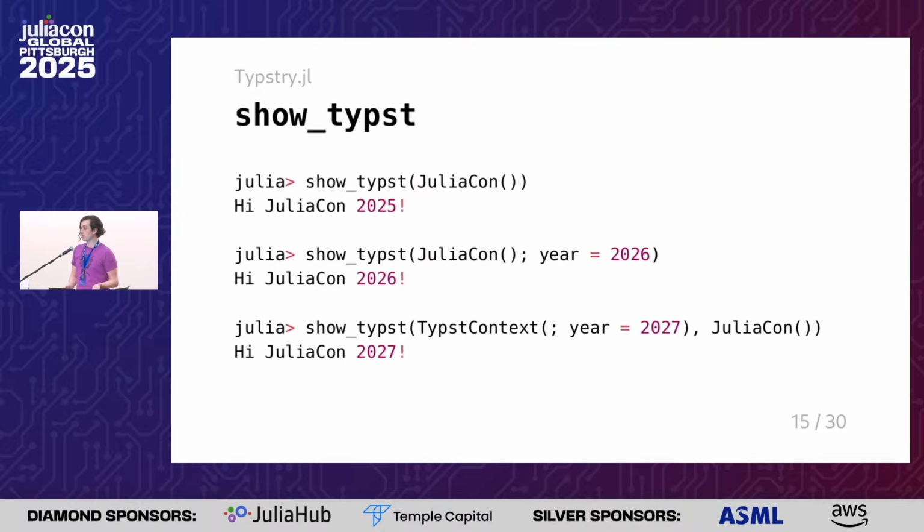So to start, now that we've implemented that, you can just call show Typst on it, and it will format it as we've defined. The default context can be overridden with both the keyword parameters, such as this year equals 2026 in the second example, or by providing a Typst context, such as in the third example. Those two are mutually exclusive, just to make it a bit easier to